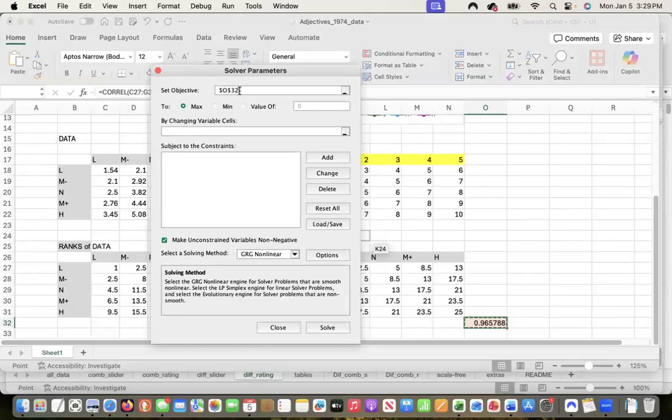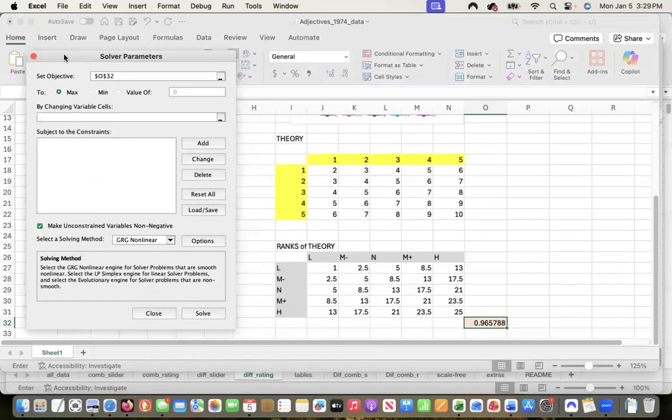So we're going to try to maximize this correlation. Sometimes when you're using the solver, you want to minimize things, or you can make things equal to a particular value. You can use the solver to do that too, to solve some equations where you want a value equal. But we're going to maximize this correlation by changing cells, and we're going to change,